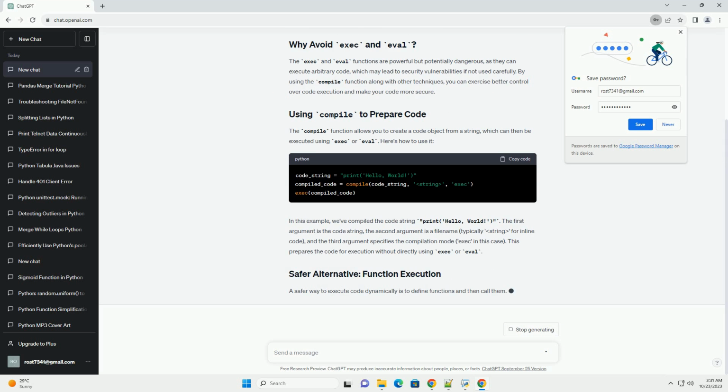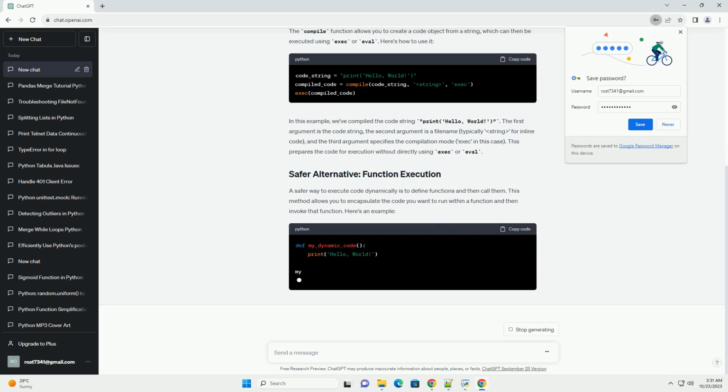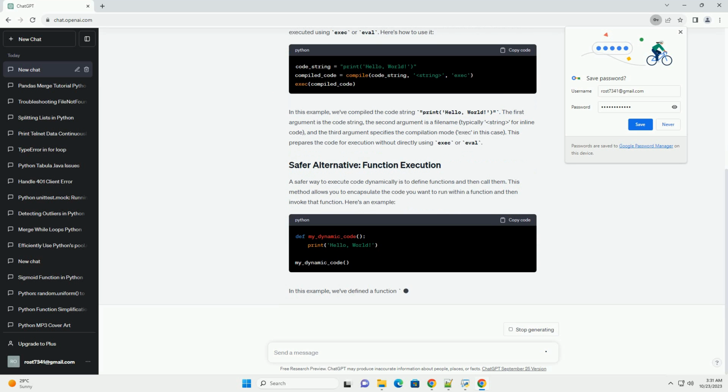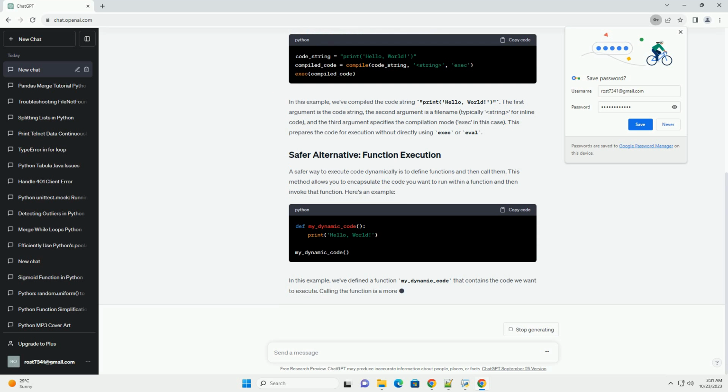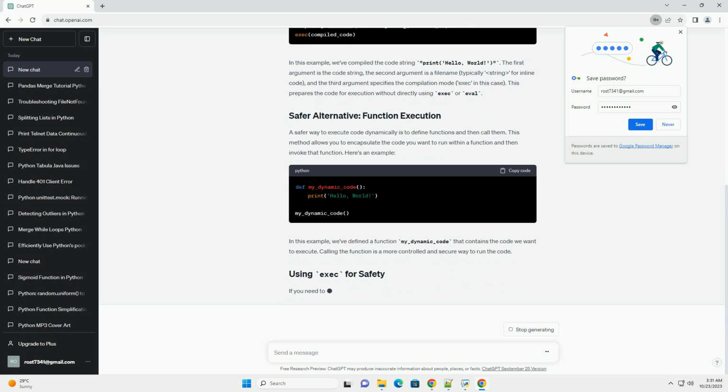In this tutorial, I'll walk you through a safer way to evaluate and execute code in Python, without using exec or eval. The exec and eval functions are powerful but potentially dangerous, as they can execute arbitrary code, which may lead to security vulnerabilities if not used carefully. By using the compile function along with other techniques, you can exercise better control over code execution and make your